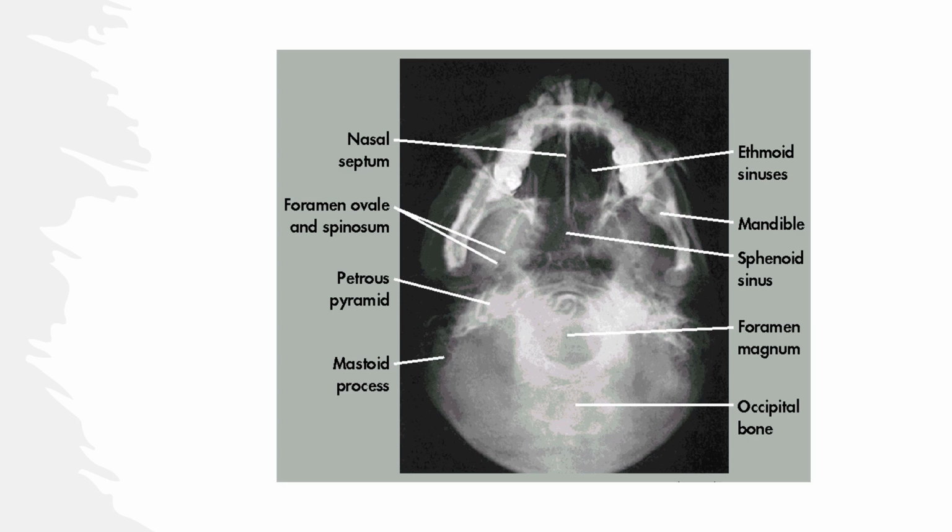And mastoid processes and petrous pyramids just posterior to the jaw. Bilateral EAMs just anterior to the petrous pyramids. Nasal septum. Now, if the patient is rotated, if their head is rotated, well, then the jaw should appear asymmetric, and you may see one of the two